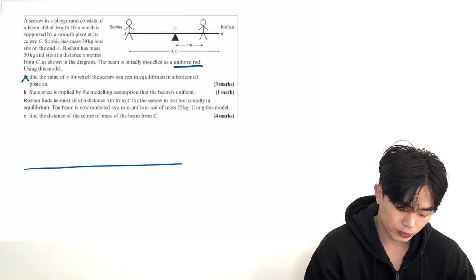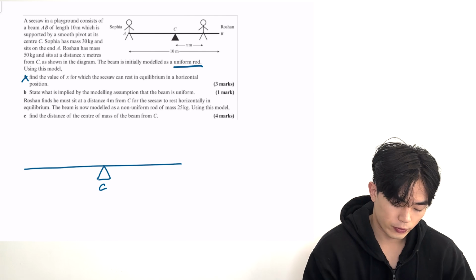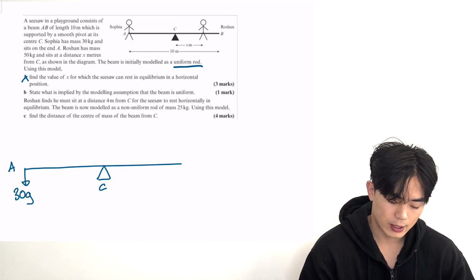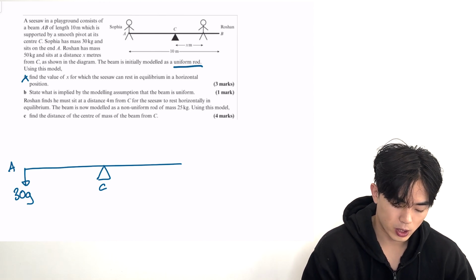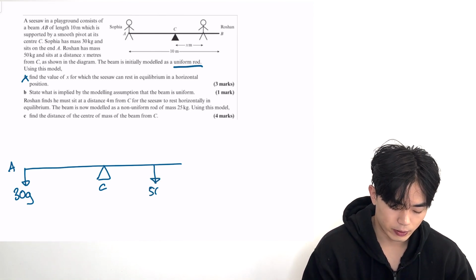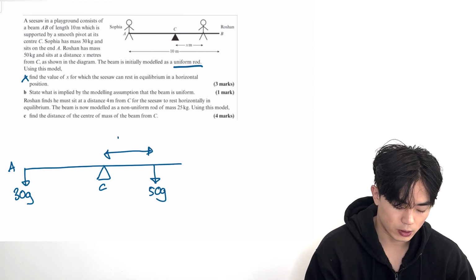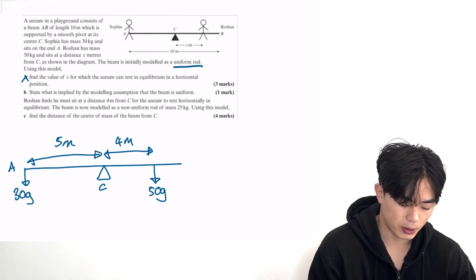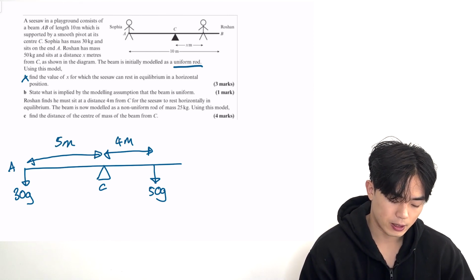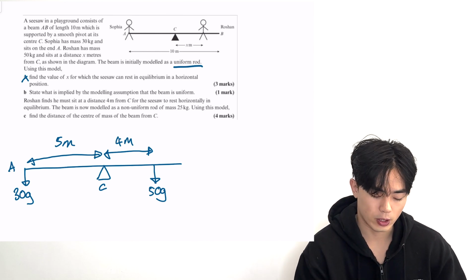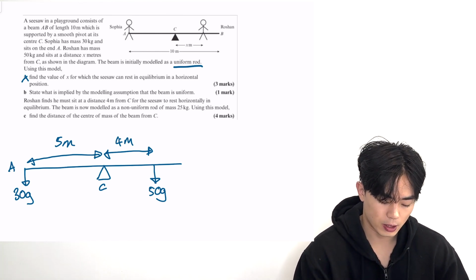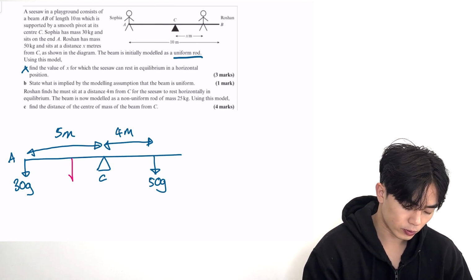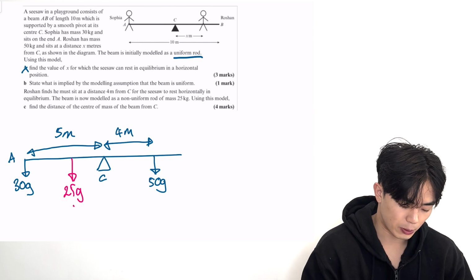So we have a rod pivoted in the middle at C. Sophia still stands at A here, and she has a mass of 30 kilograms, it's 30 G here. They say that Roshan now has to sit at a distance of 4 meters from C, so in this position here, he weighs 50 G, and this is going to be 4 meters. And Sophia is a distance of 5 meters away, because the whole plank is 10 meters. And they say now the mass is a non-uniform rod, and the mass of the plank is 25 kilograms. And so we need to find out where that's going to be. So we can write out a positioning here, so roughly here, like this,